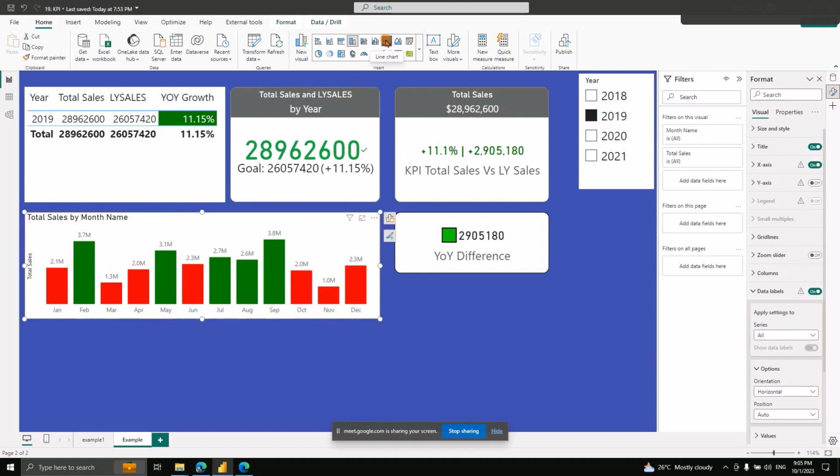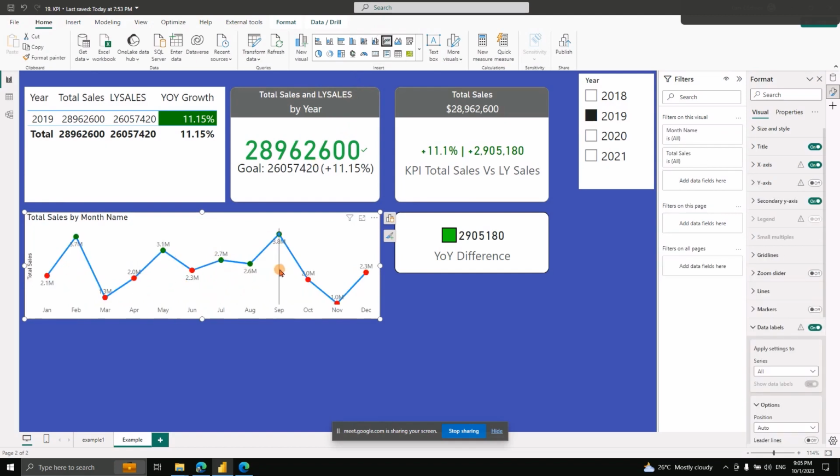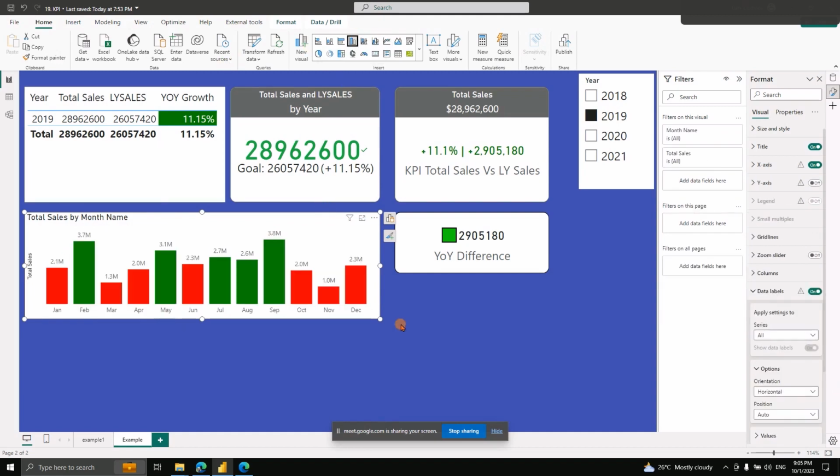Even if you want to see it in a line chart, you can just click on this line chart. You'll see it with markers, and you'll be able to see this trend line, which could help you with the indication. Okay, now let us understand